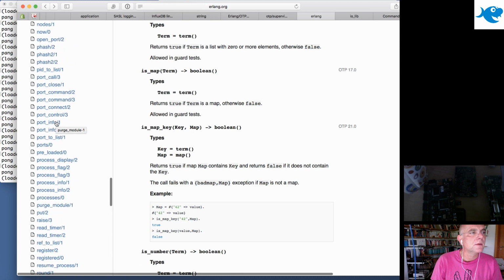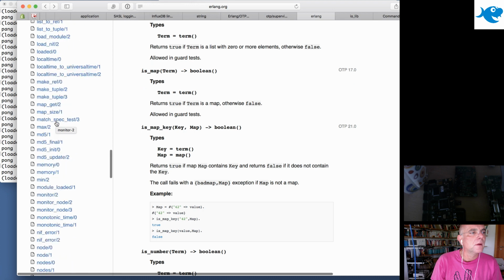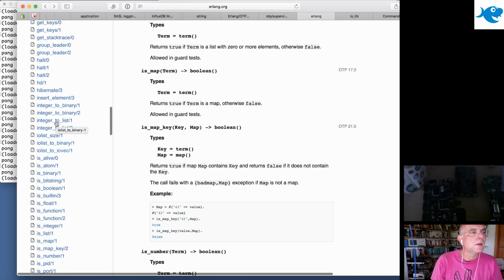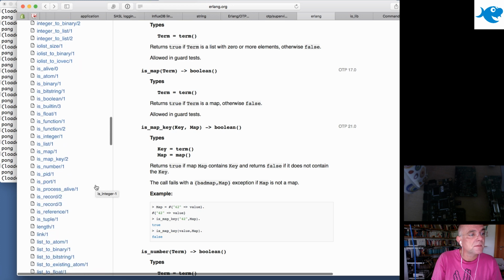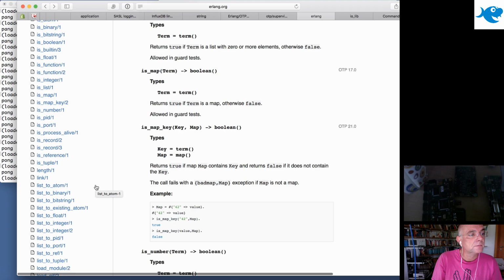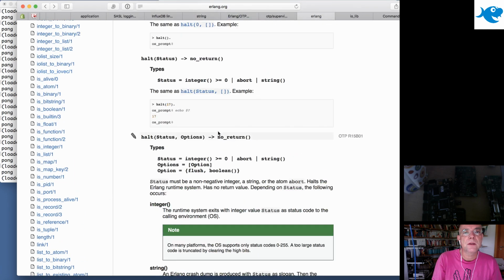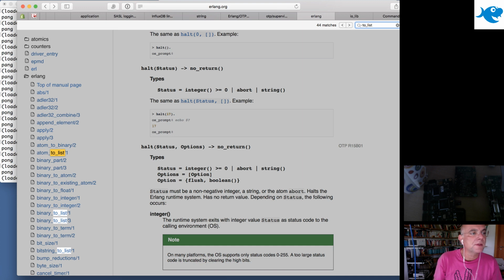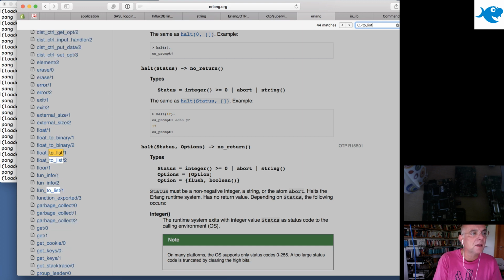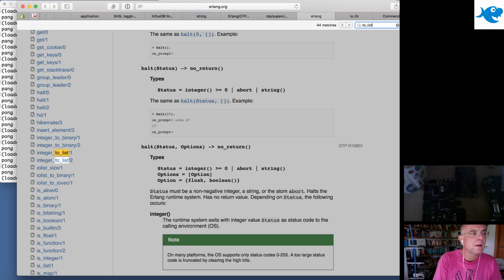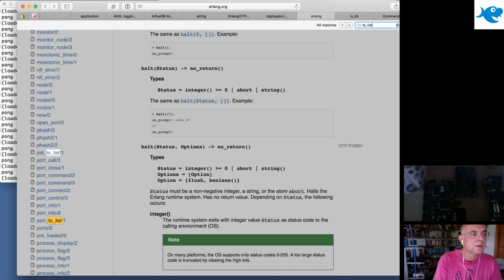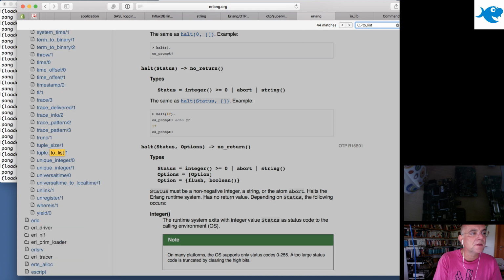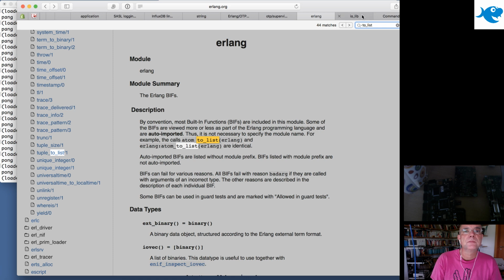I knew this. Integer to list, integer to binary. Is there not a generic one? IO list to binary, IO list size. So it's anything to list. I thought there was something. There's atom, binary, bit string, but you always have to know what you're doing. Integer to list, pid to list, port to list, ref to list, tuple to list. Nope, there isn't. So we need